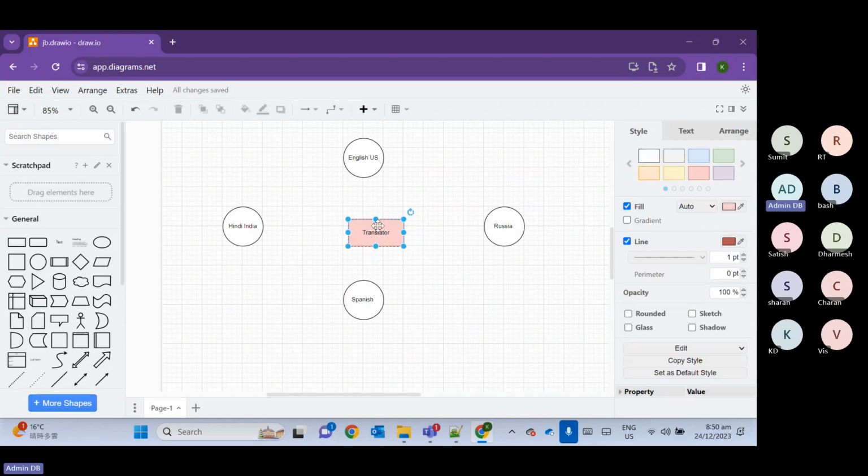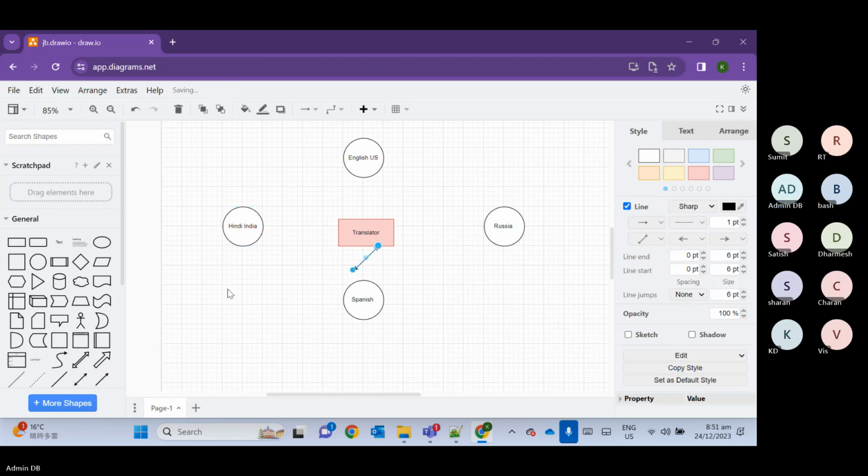Okay, so what they did, they hired one translator. Now this translator knows all these languages. He knows English, Hindi, Spanish, Russian also. Now this person wants to communicate with this Russian person. So first, what he will do,